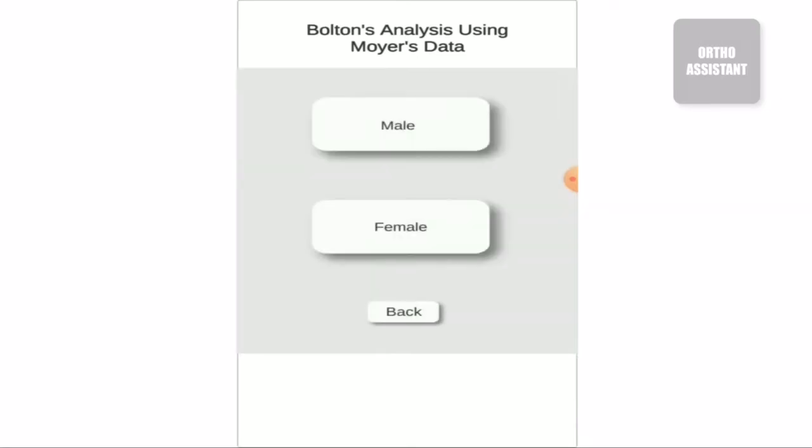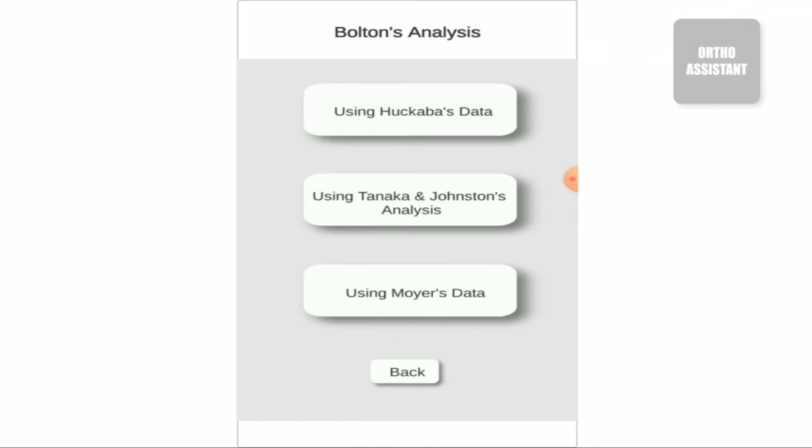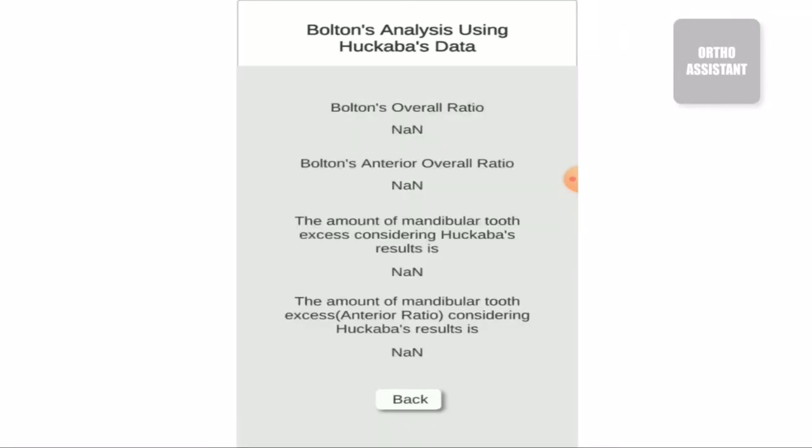Likewise, but if you are using Hixon-Oldfather, it has an additional advantage, because Hixon-Oldfather calculates the values per tooth, for the canine and for the two premolars separately. Therefore, the anterior overall ratio is only possible with Hixon-Oldfather. So if you have Hixon-Oldfather, it will give all the overall ratio and also the anterior ratio, including the amount in posterior in the overall result and in the anterior result.